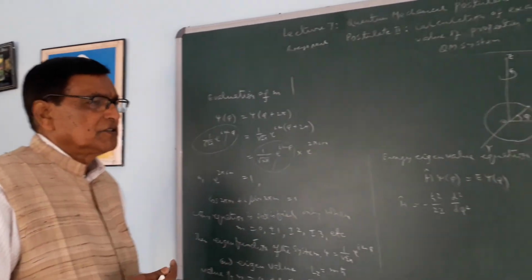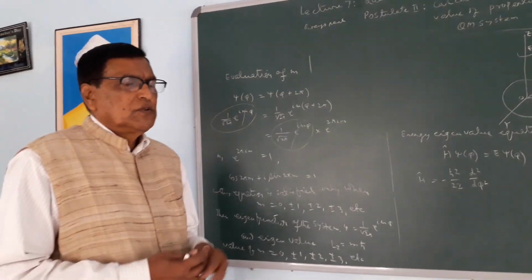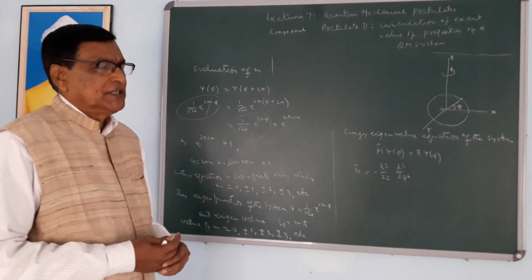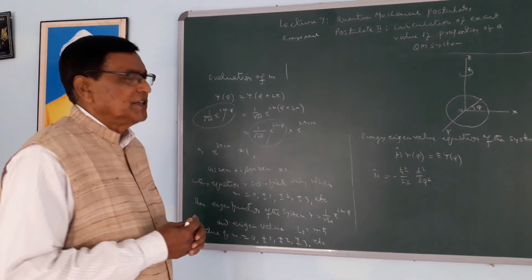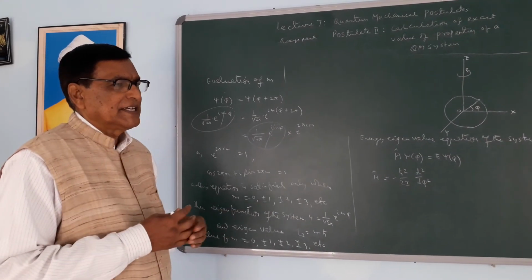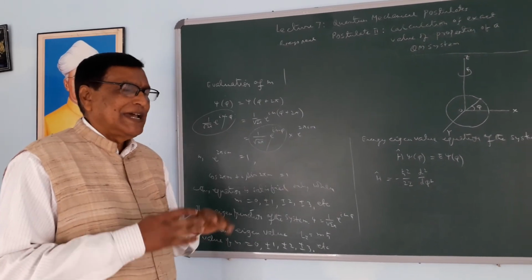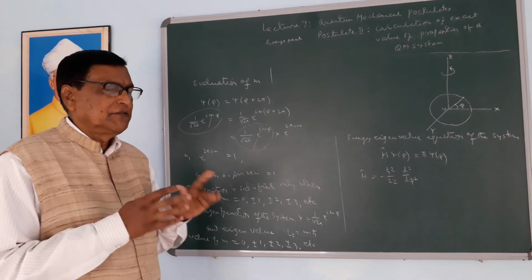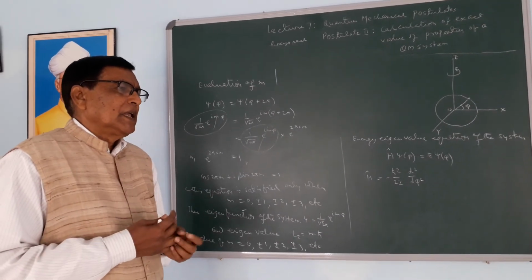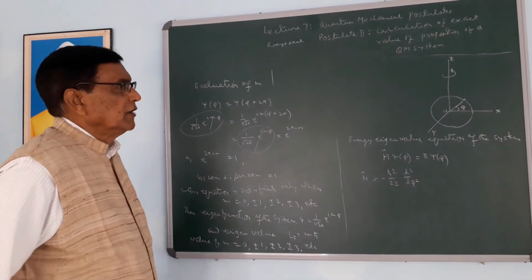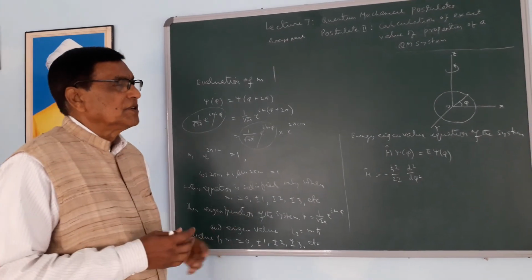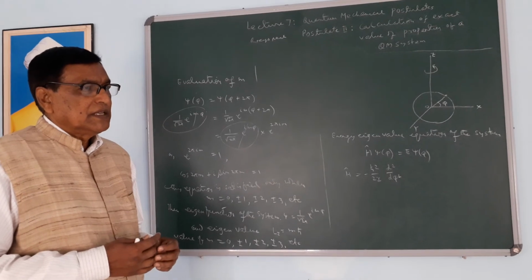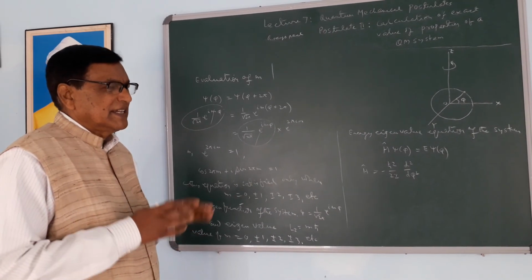I have given one example of how an eigenvalue equation could be solved taking some boundary conditions, and we can get the expressions of the eigenfunction and the exact value of this property given by the eigenvalue. So this is all about lecture number 7, and again I thank you all